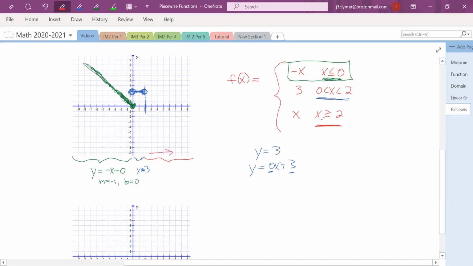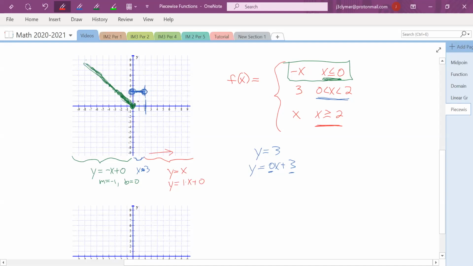All right, so everything bigger than or equal to 2. And the equation is y equals x. Well, y equals x means that we have a slope of 1 and we have a y-intercept of 0. So it's the same thing as y equals 1x plus 0. So y-intercept of 0 and a slope of 1, so that means it would go through the origin, and then